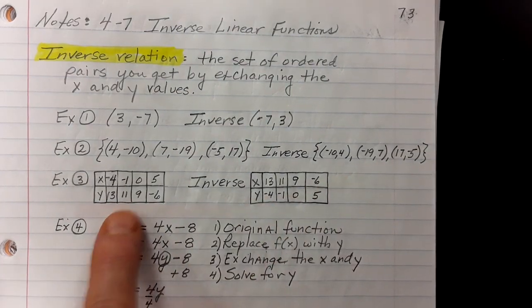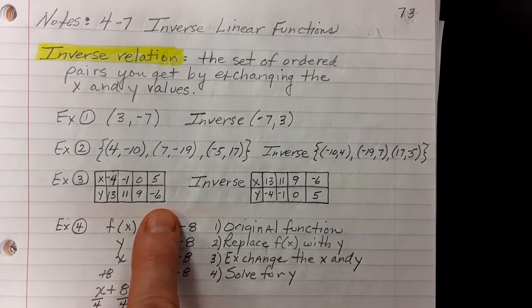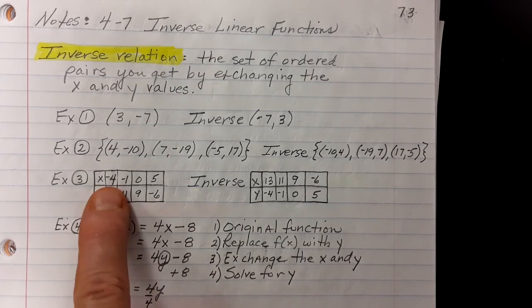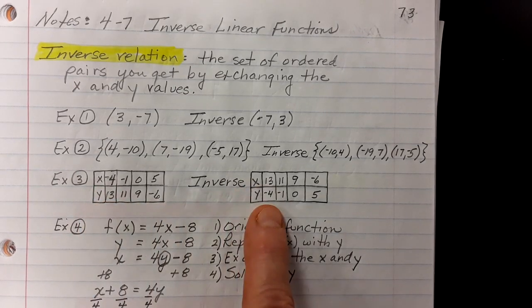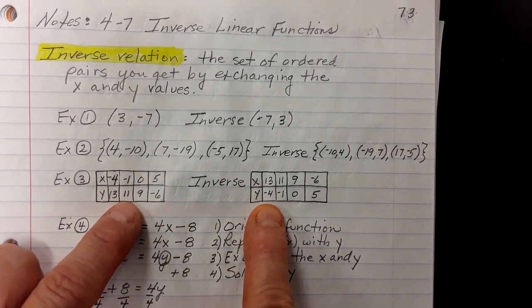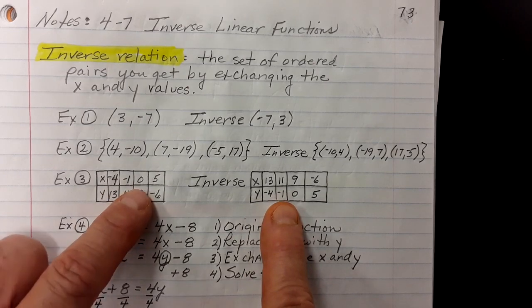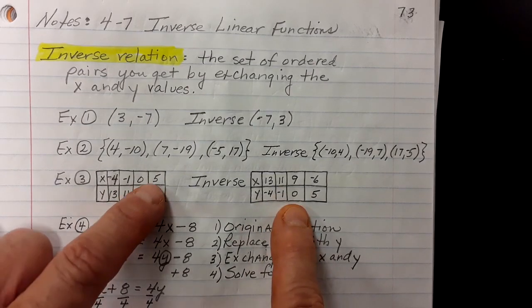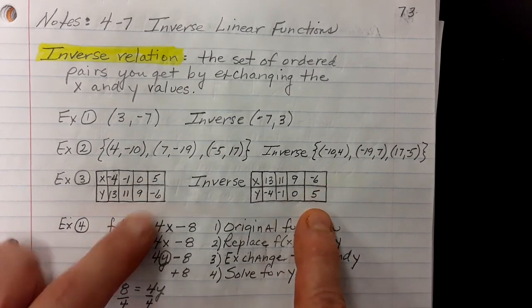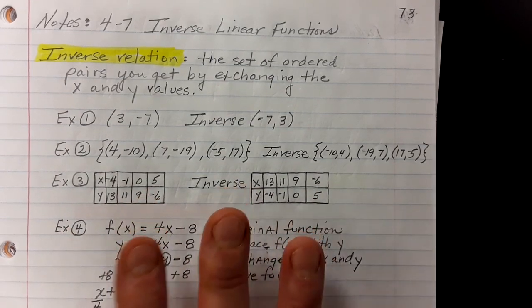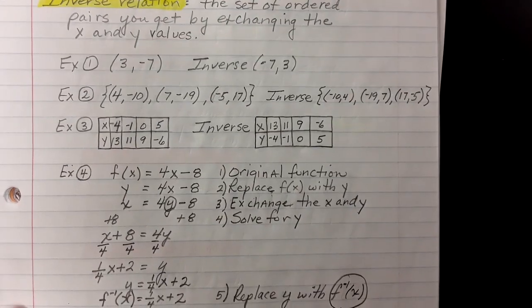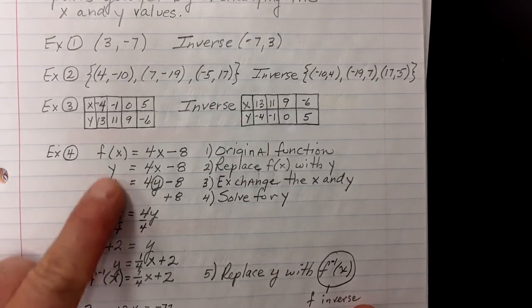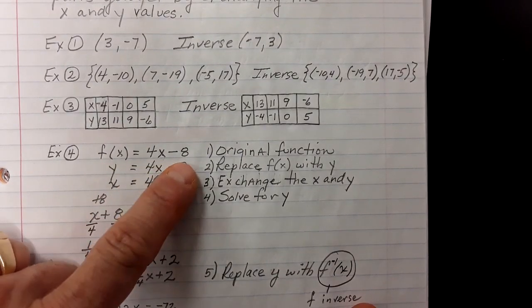Same thing if you have it in a box like this. Negative 4, 13 becomes 13, negative 4. Negative 1, 11 becomes 11, negative 1. 0, 9 becomes 9, 0. And 5, negative 6 becomes negative 6, 5. That's called inverse relations. So from there, if I have a function, f of x equals 4x minus 8,